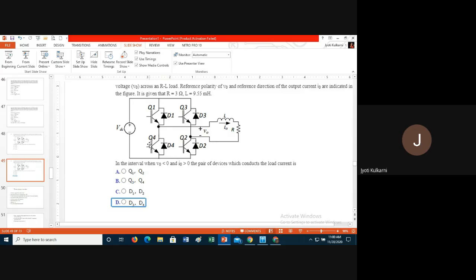Out of this Q4 and D4, which will carry the current in this given path? How does the current need to flow? L to R. L to R means the current needs to flow from this dot to L. From this dot to L, if the current